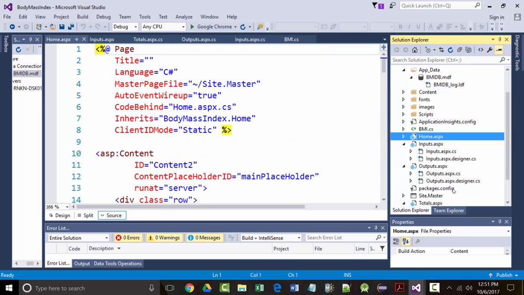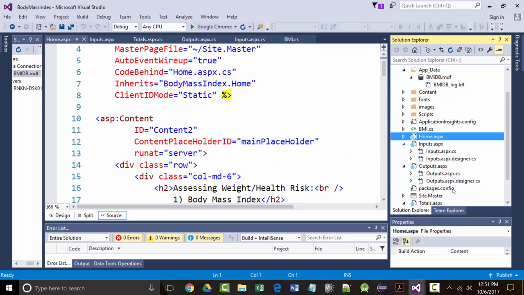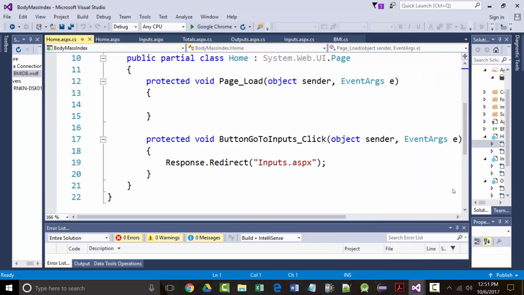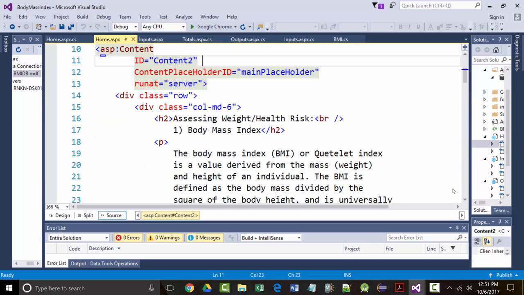So the first thing we had was that home page. And the only thing that I had in there for code was when you click the Go to Inputs button, just to redirect you there. That was it. All right. And when we look at the page that's here, again,